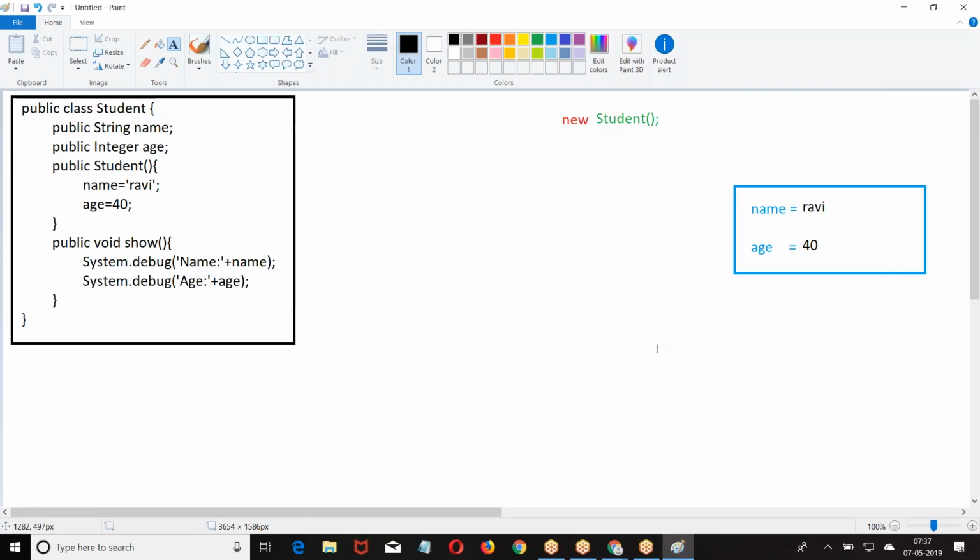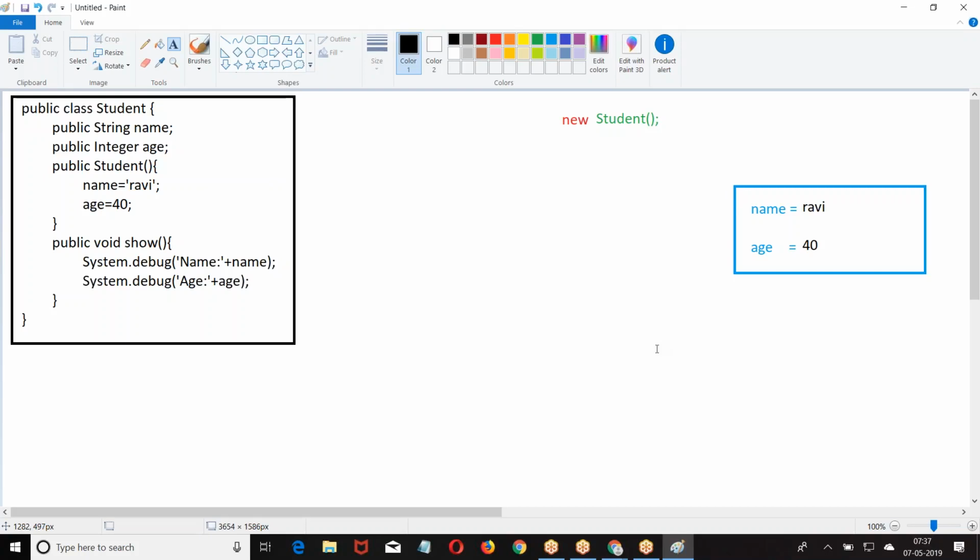Do you know where the memory is allocated? You will create a memory, but where is that memory? If you want to refer to that memory, how will you refer? New created a memory, very good. But once new created a memory and data is assigned, where is that memory?